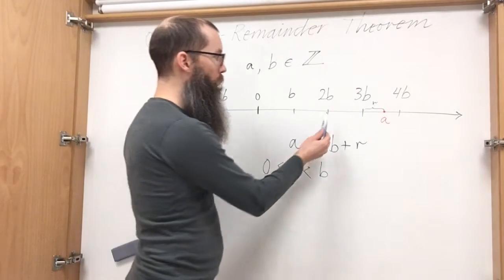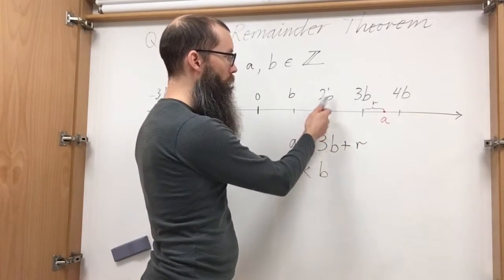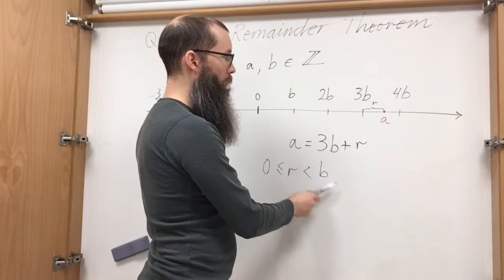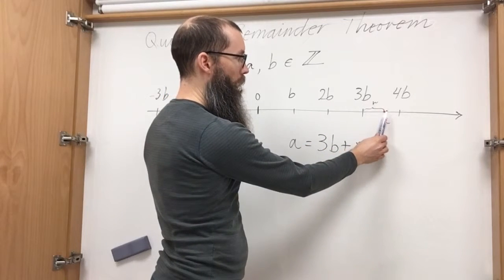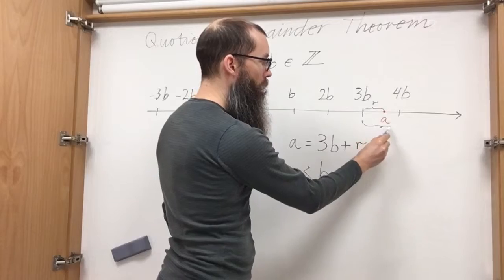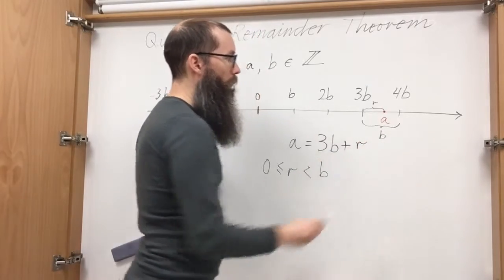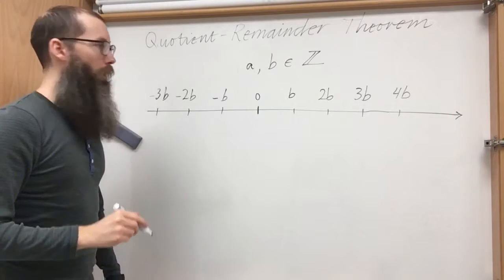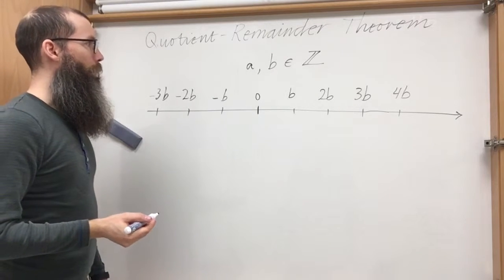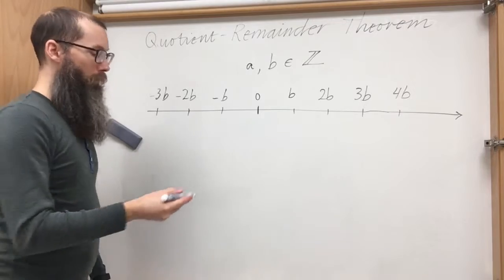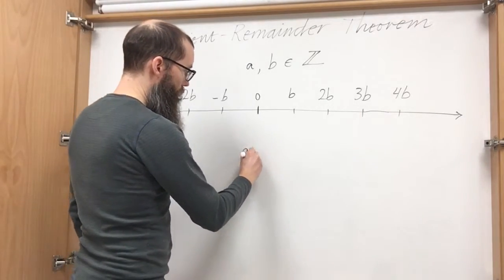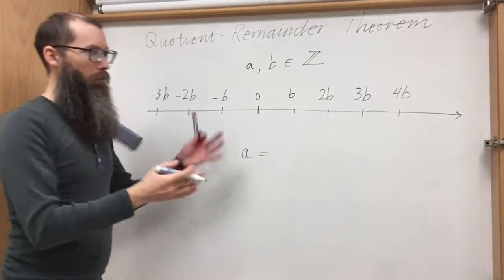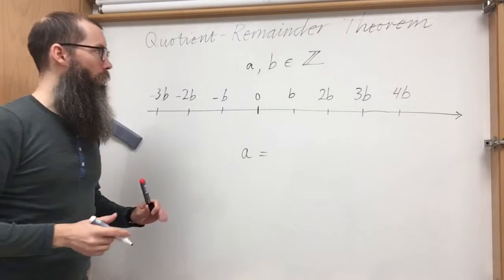So the distance between two consecutive multiples of b is always b, so this r has to be less than b, because b is the distance between 3b and 4b. In general, if I don't know where a is, no matter where a is situated, I can